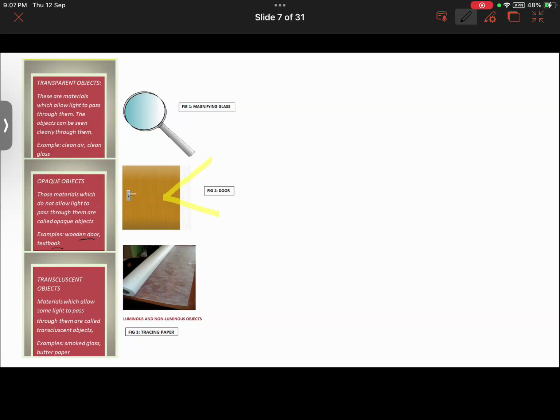Then we have the case of translucent objects. These objects allow only a partial amount of light to pass through them, so objects behind them can't be seen clearly. Examples are tissue paper or frosted glass. Sir, in translucent objects,